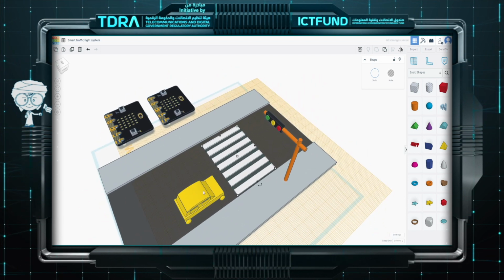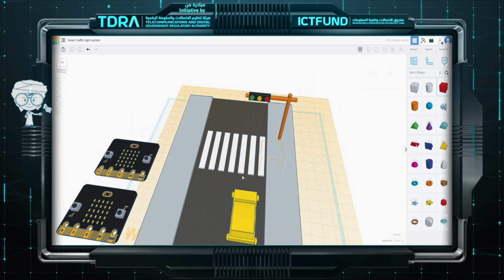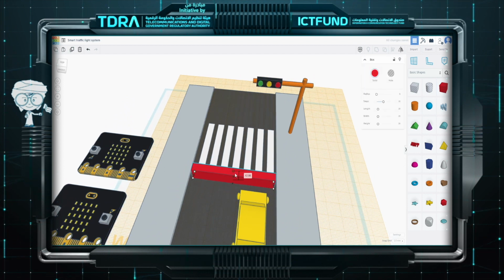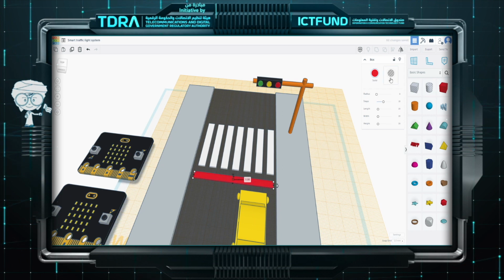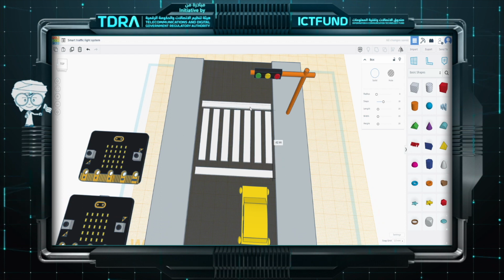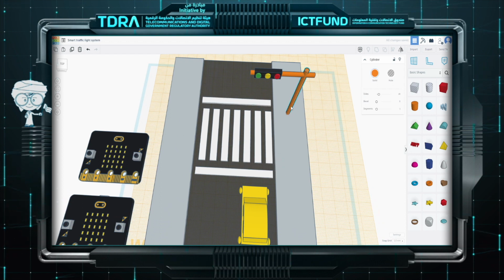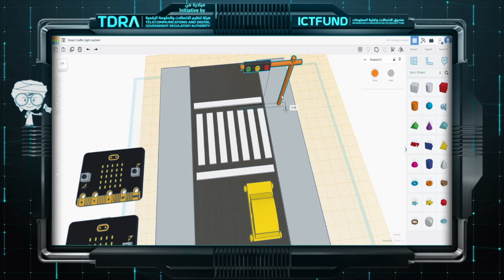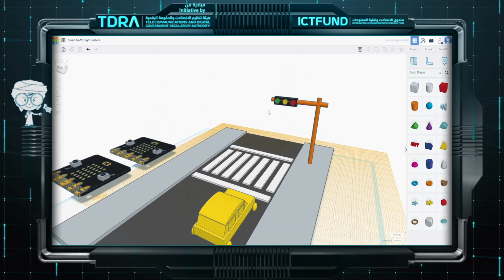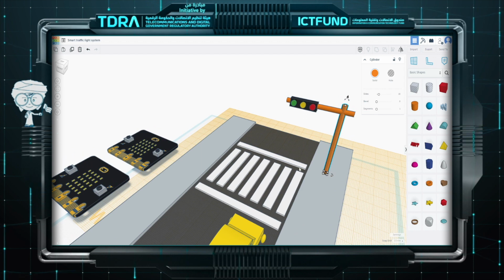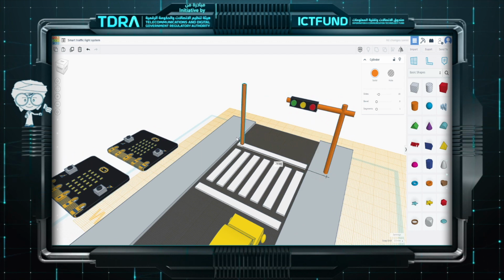Okay, perfect. We need to add one more strip here so people will know that this is where they should stop. Alt shift, move it up, select all this together to move them at the same time. Perfect. And now let's make one more sign for the people to walk, which is have only one panel, LED